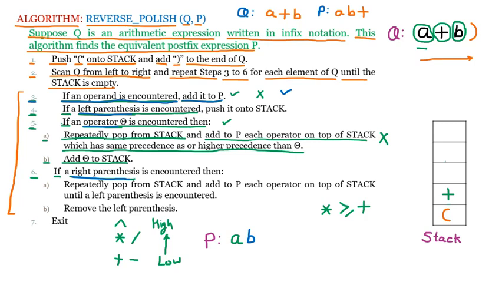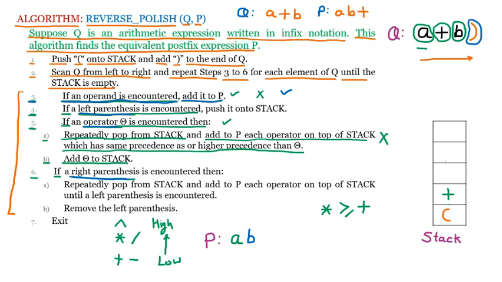Now we know that my expression is over. A is put to the postfix, plus is put to the stack, then B is put to the postfix. Now afterward it will go back and check the next symbol, and the next symbol scanned is the bracket. So now for the bracket again the while loop will run, and out of 3, 4, 5, 6 only one line will be executed.